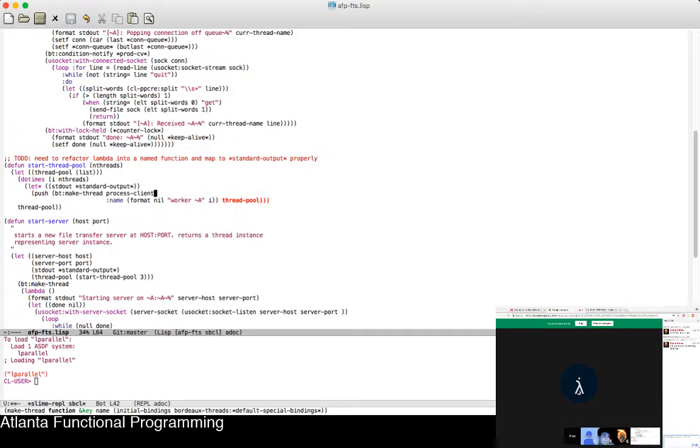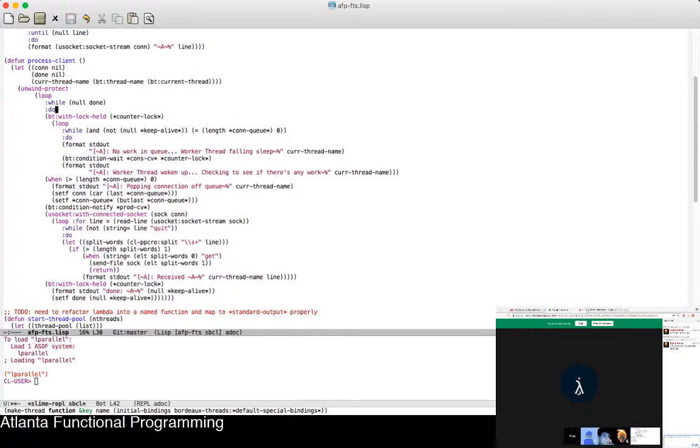Okay, so the only way this would work, at least I thought it would work, is you see in this let form inside this function I have how I have this let form. Common Lisp gives you the ability to create essentially I would say you can create a dynamic variable inside this